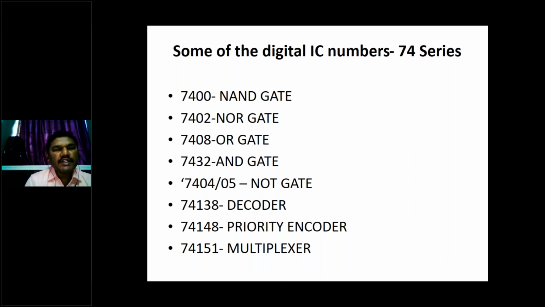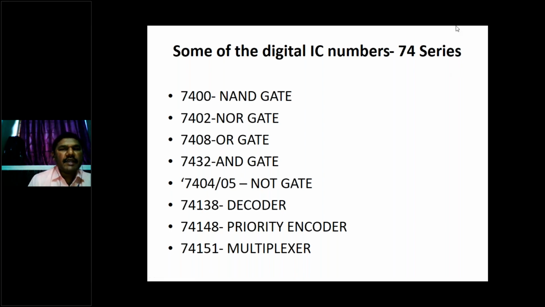Because military people may move anywhere suddenly, at that point of time those ICs should work properly. So their IC manufacturing is done with different components. That's why in those initial days they were manufactured as the 54 series for military applications and the 74 series for commercial applications. You see every IC, 7400, 7402, 74, every IC is starting with 74. That's what is called the 74 series ICs.